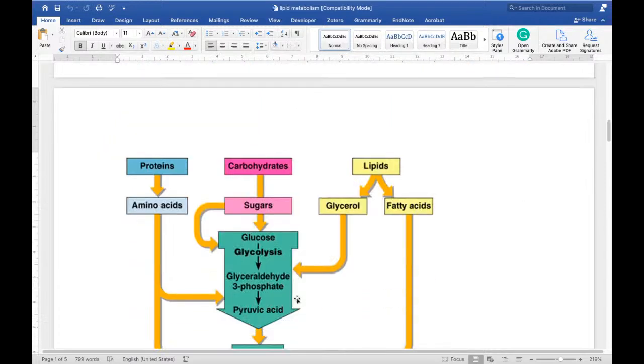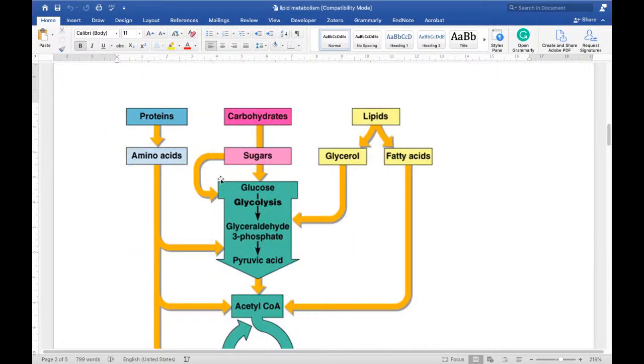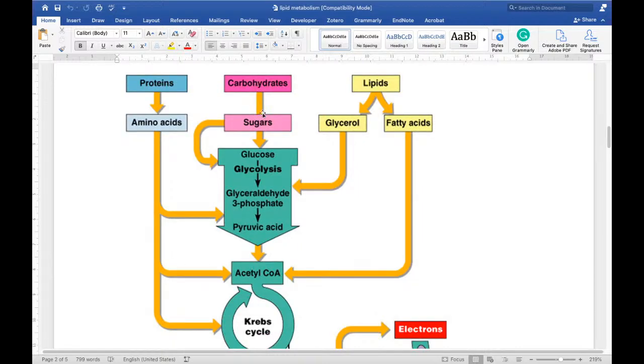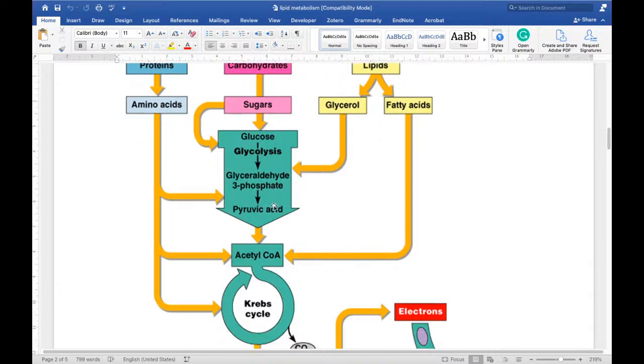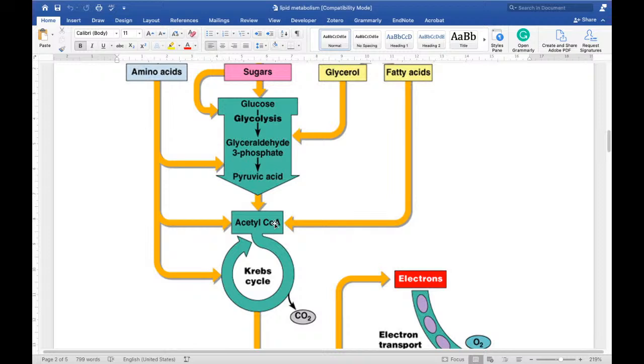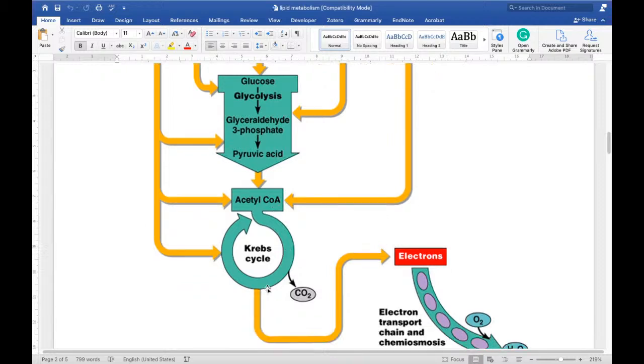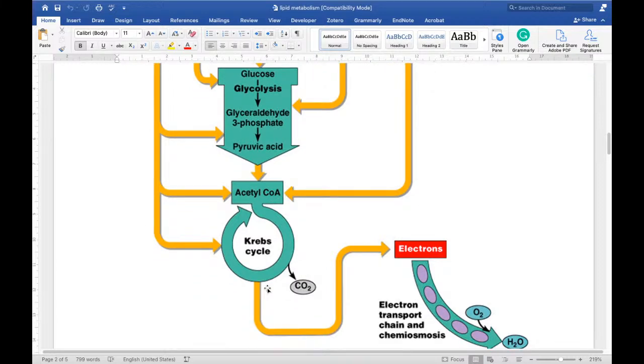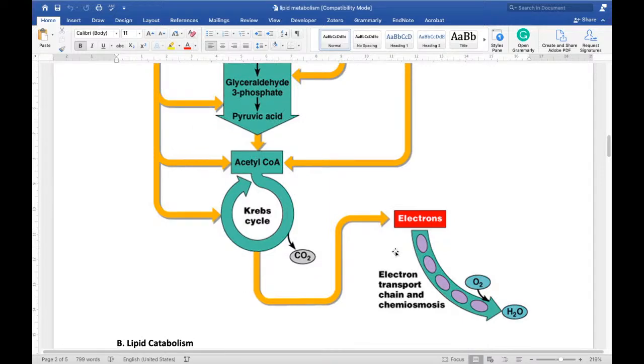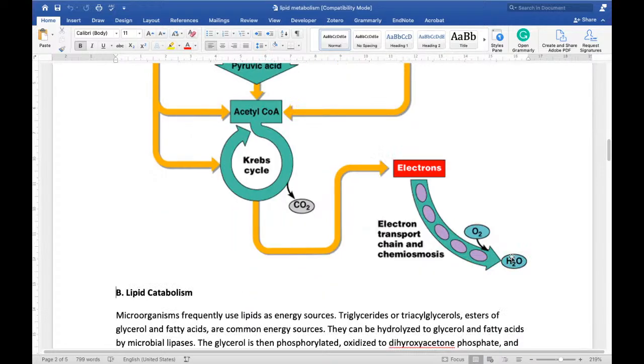That was transamination, how this whole reaction takes place. You have carbohydrates that we have just discussed. They produce sugars. Then in glycolysis, glyceraldehyde 3 phosphate was produced, then pyruvic acid, then acetyl coenzyme A. It went into the Krebs cycle and produced electrons, and with the help of the electron transport chain, it produced water molecules and a lot of ATP.